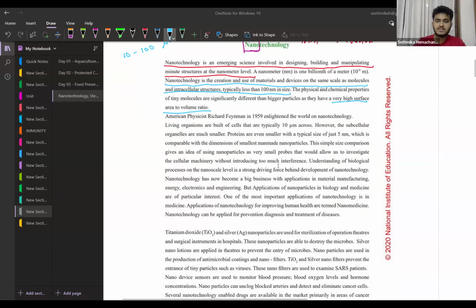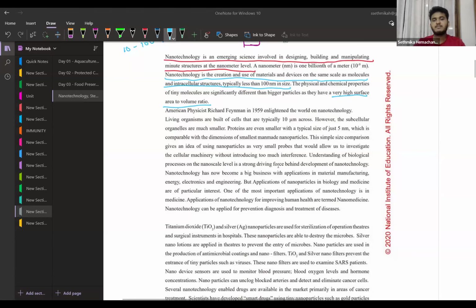Right. American physicist Richard Feynman in 1959 enlightened the world of nanotechnology. Just try to remember this. You don't need to remember it much, but